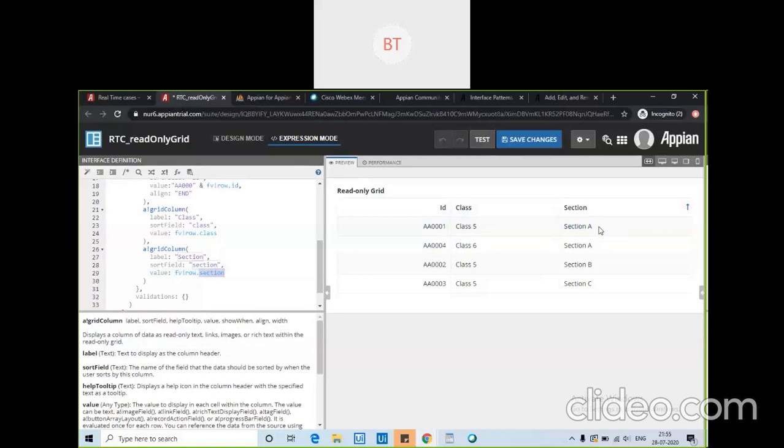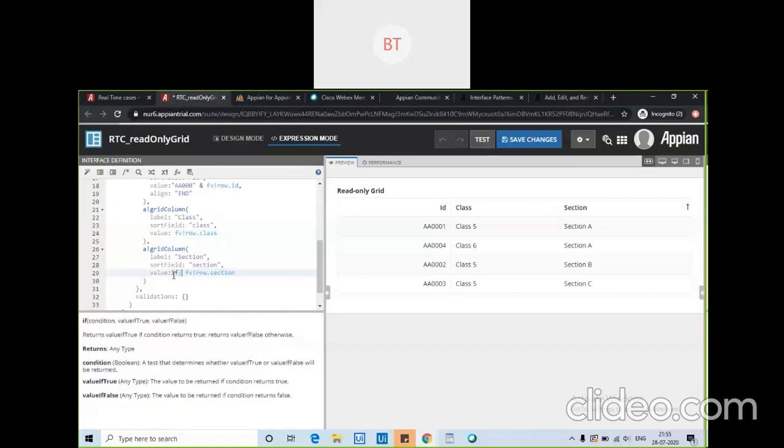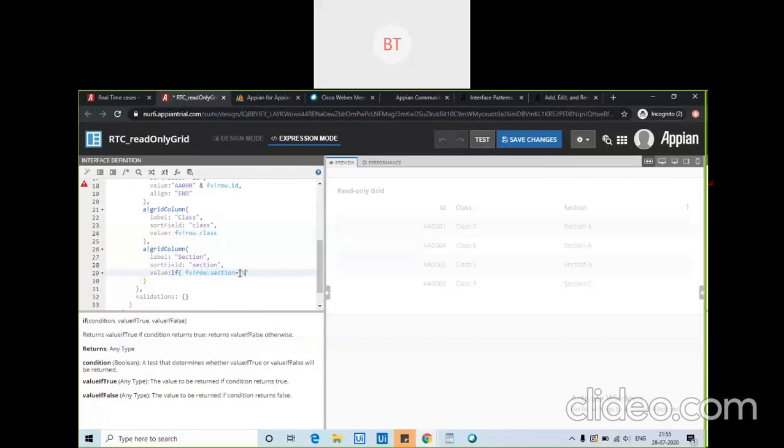Now if the user says that I don't want to see this section, I want to see only A, then you need to write some code here. You can use the decision object also, but for now, just to show you, we can write like this: equals to section A, then just print A.